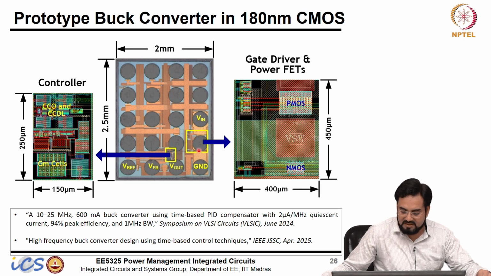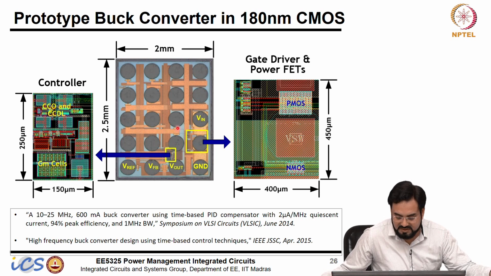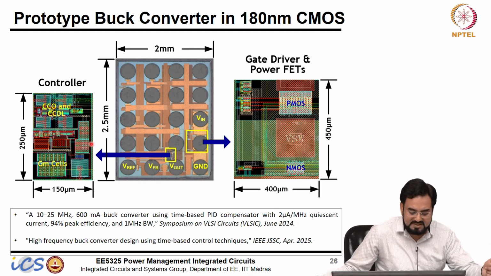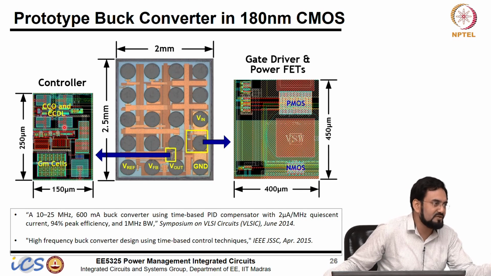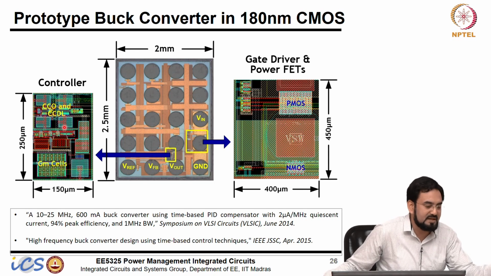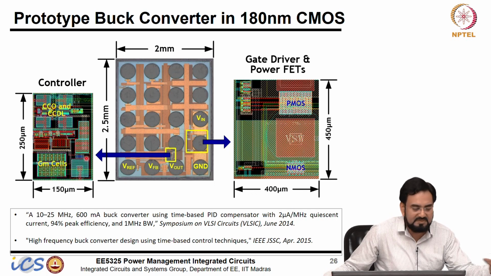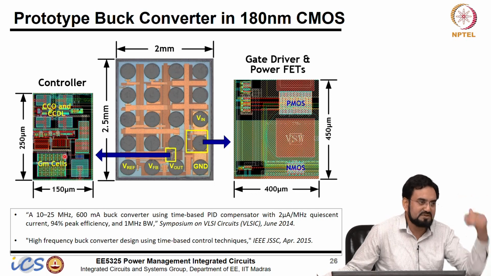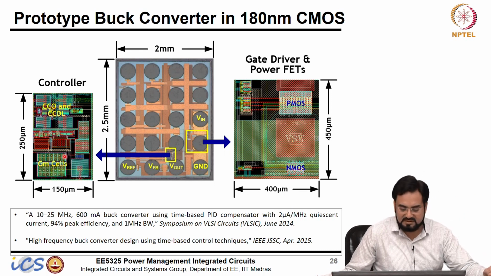So, this is your power FET, obviously power FETs usually are bigger, and this is the controller. The advantage is the controller is very small here because it is hardly using any large passive components. We have some capacitors here. One was required for your derivative component, the first order high pass filter, and then we have some decoupling capacitors actually, but they are very small, of the order of a few picofarads, like less than 10 picofarad you can say, compared to what you would have required, let us say 50 to 60 picofarad capacitors in the other case, voltage mode.